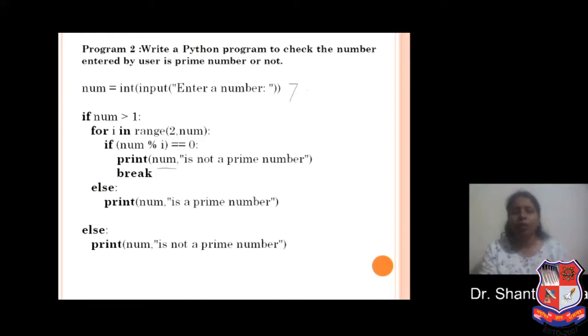Let's check for a prime number and a non-prime number. Take 4 as a number. Here the range is 2 to 4, and if 4 modulo 2 double equals 0, then it prints that the number is not a prime number and breaks. As 7 is a prime number, then